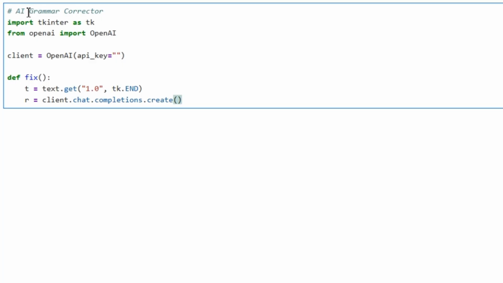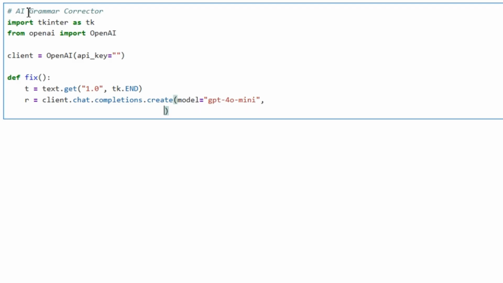So the model is going to be created here. Model is of GPT-4o-mini. Then put our message. The message is going to be